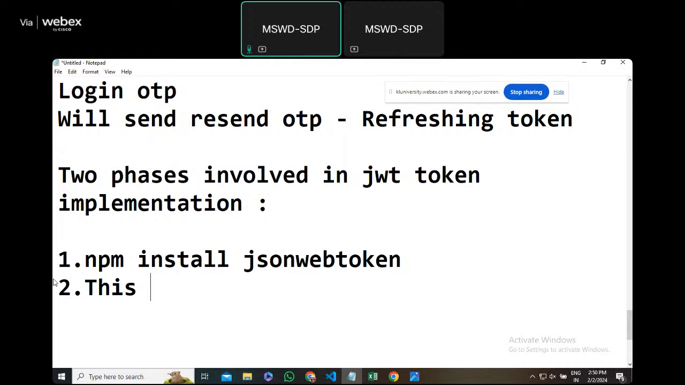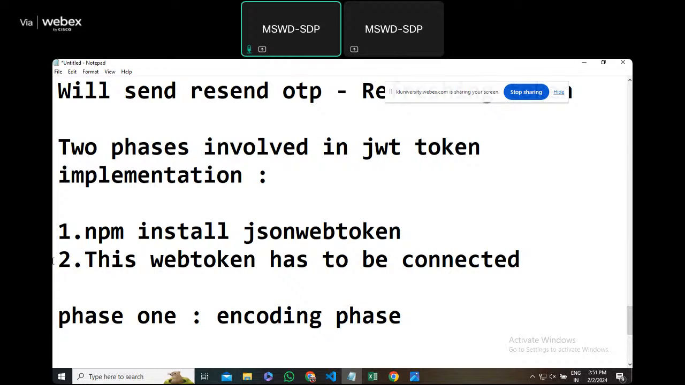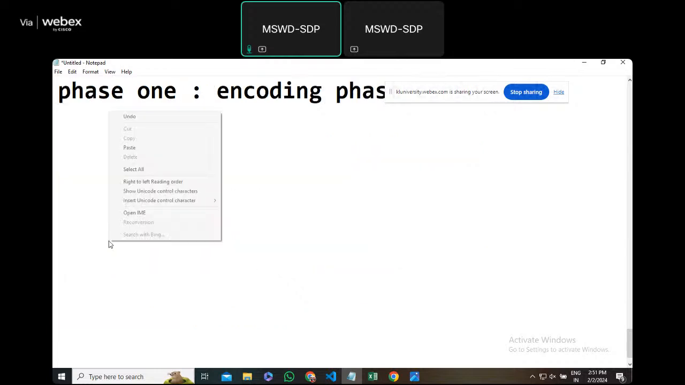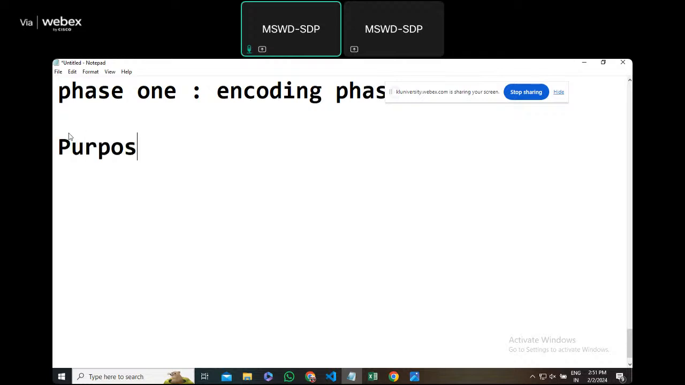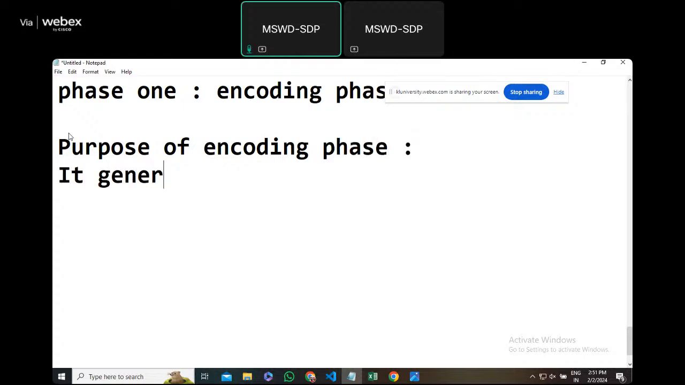So what will it do? The first one is encoding. Phase one, just write down phase one. That is the encoding phase. So what is the purpose of the encoding phase? It is to generate a JWT token with the secret key by the